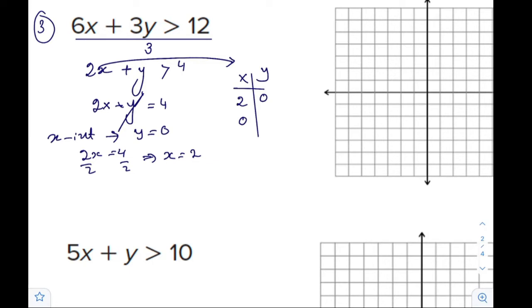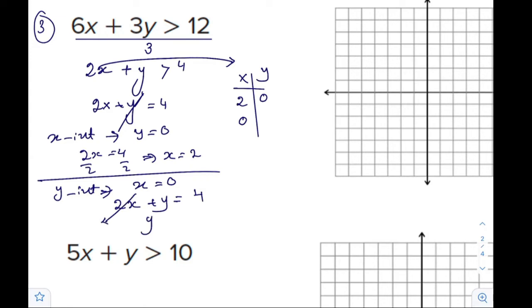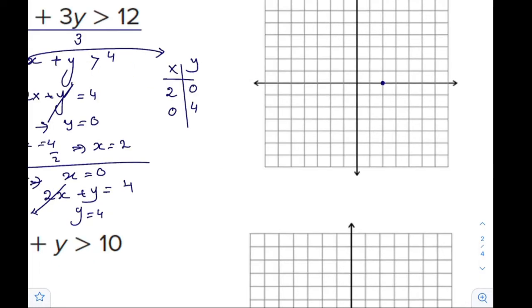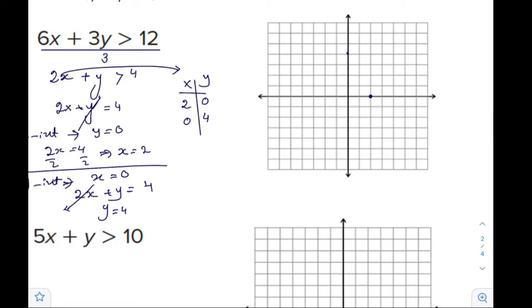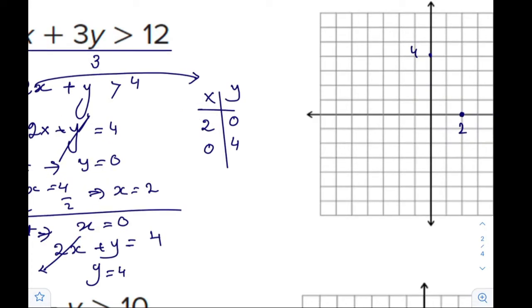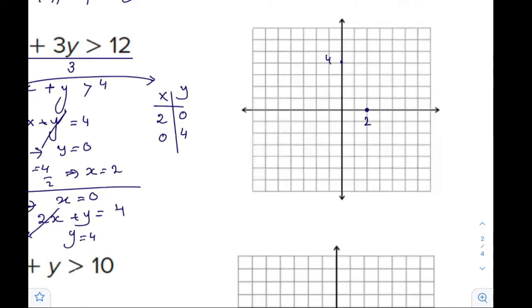Now let's assume x is 0, to find the y-intercept. So we have 2x plus y is 4. Now x is 0, so y is 4. So our points are ready. 2 and 0, it's on the x-axis. And the other one, 0 and 4 on the y-axis. And now when you match, be careful, it is a dashed line, dotted line, because it has greater than